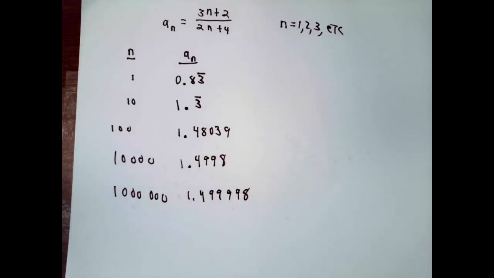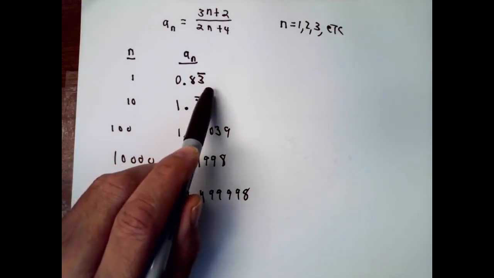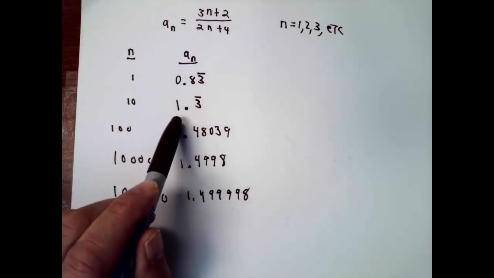The kind of limit that we're going to talk about, though, has to do with the index, or the number that I'm feeding into the a function. Taking limits as n approaches 2.4 doesn't make any sense, but I can think about what happens when n becomes very big. So if you look at n equals 110,000 and a million, and look at the corresponding a numbers, you start off at 0.8 and then an infinite string of threes, 1.3 repeating,